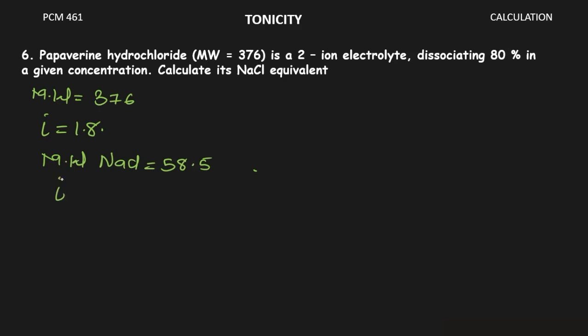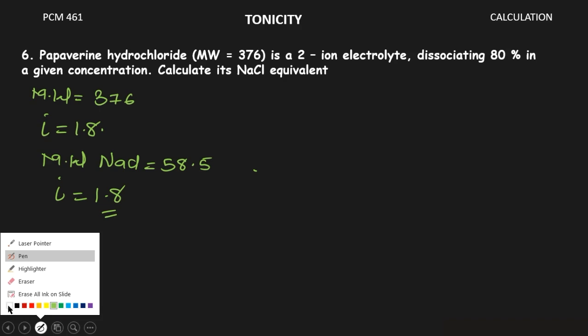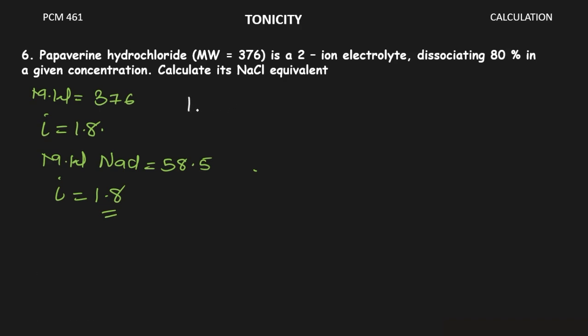What is the dissociation factor for sodium chloride? It's still 1.8, because that is like the standard they use. Sodium chloride dissociates about 80% in a given concentration. Now, almost all other things dissociate like that, apart from those of zinc that dissociate about 40%. All right. So what was the formula I earlier gave for calculating this? I said 1 gram of any compound, in this case papaverine hydrochloride, is equal to the molecular weight of sodium chloride divided by